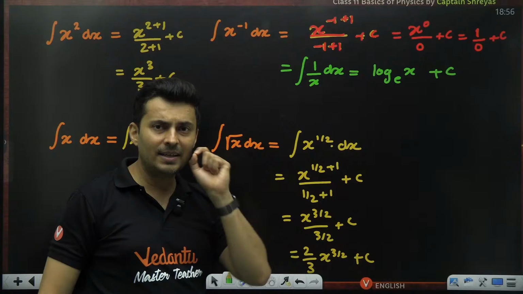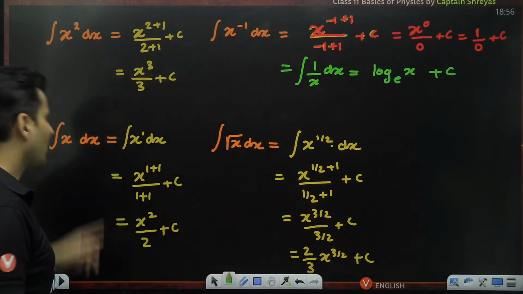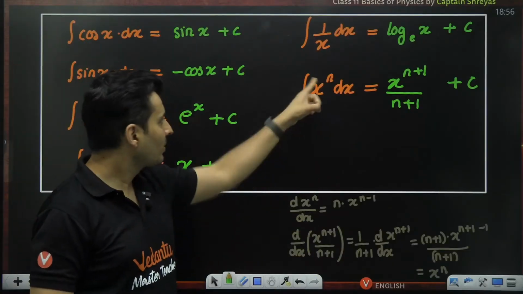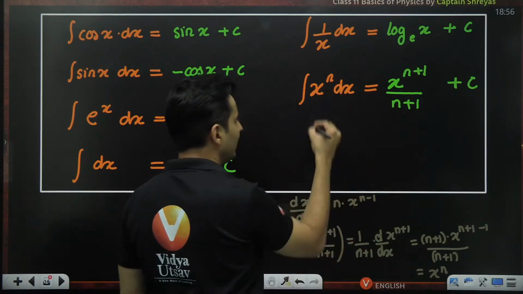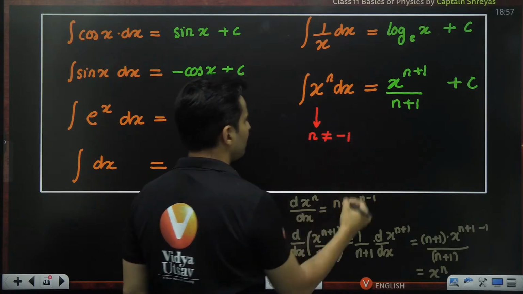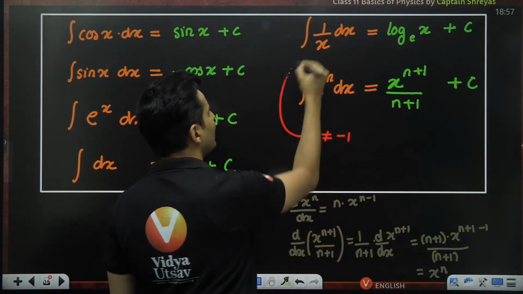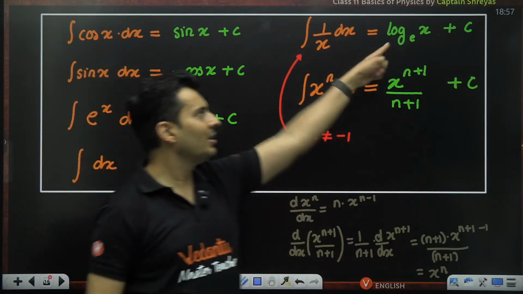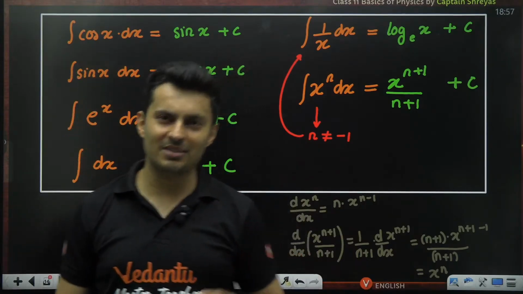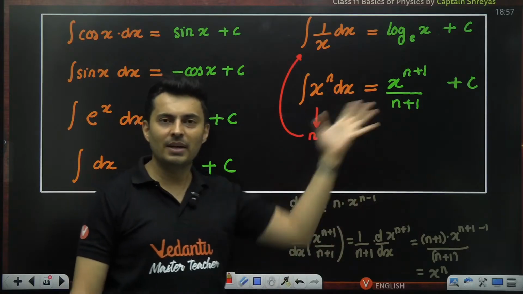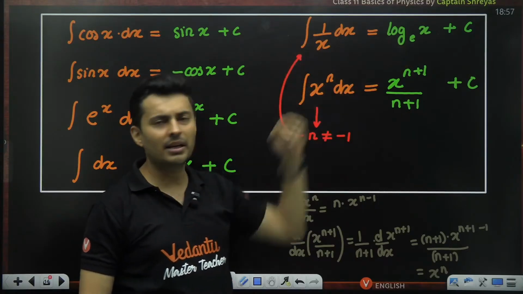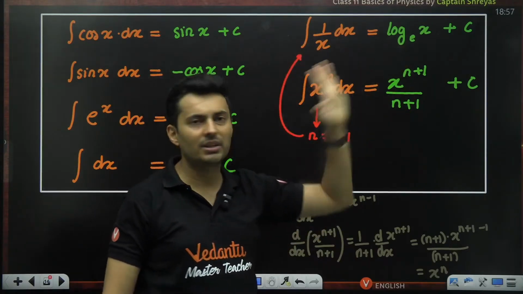When I gave you the formulas, I deliberately missed out on an information because I wanted you to see it in a live example. So when you use this formula, remember the value of n can never be minus 1. If at all it is minus 1, then you use this other formula, only then. That is the only exception. Like in chemistry, you have exceptions. I won't say exception, but it is very natural that this guy's derivative is here, so naturally the integration should be log of x. So it cannot be used with this formula.